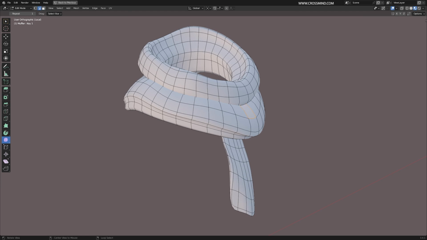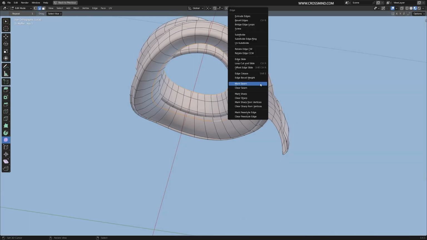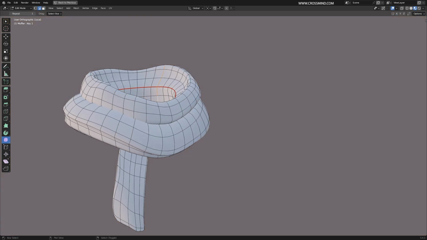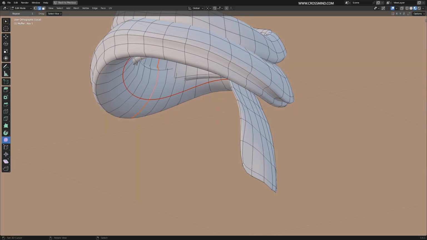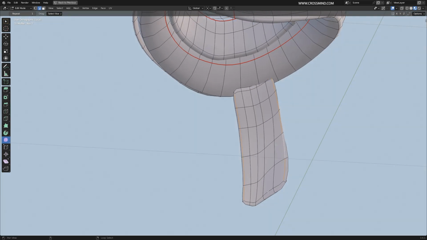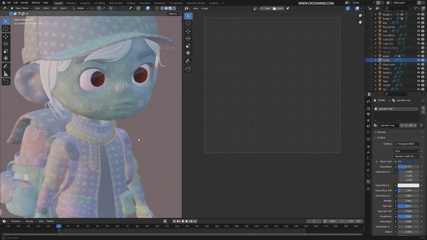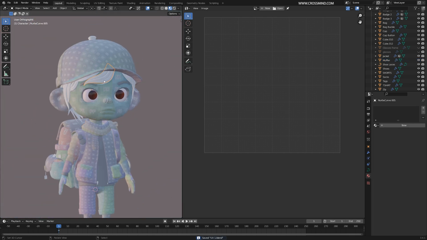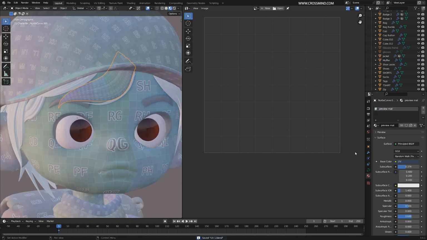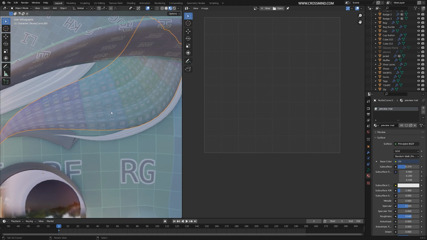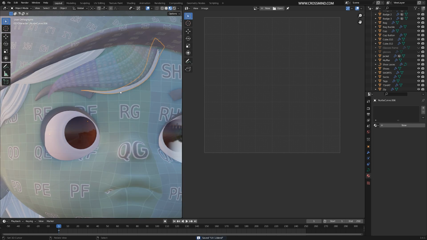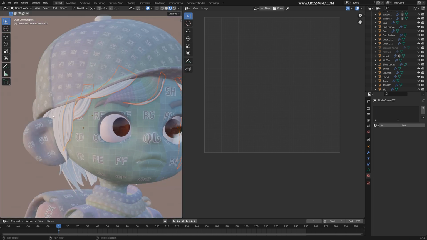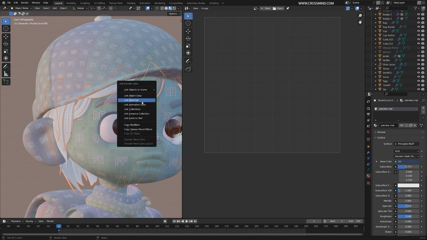Just going to isolate this, quickly create few seams which are inside, mark seam, and a few vertical edges at the back, mark seam as well, and there you go. Even easier than the socks. We are just going to apply the same preview material to visualize the UVs. And if you're not sure about hair, you can see UVs are working fine because it's a curve object, and UVs are auto assigned. Just select all of these and select this one, Control L, link material.